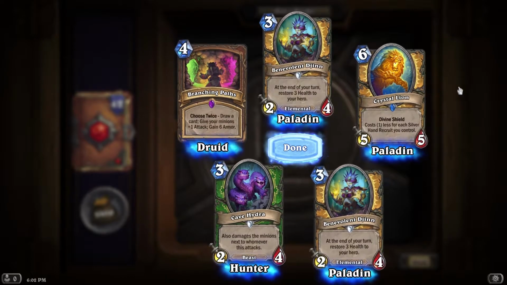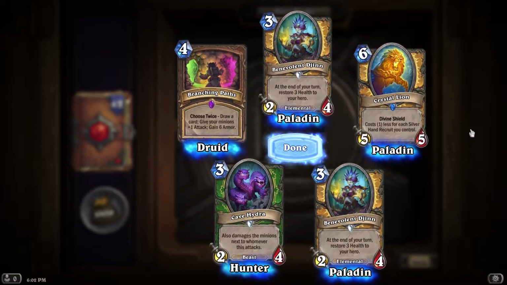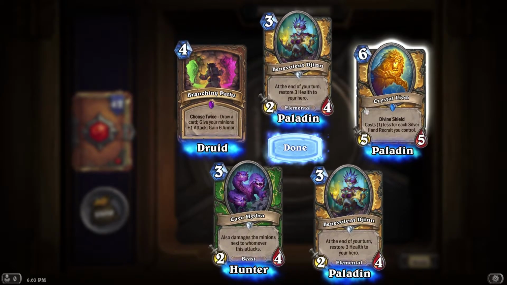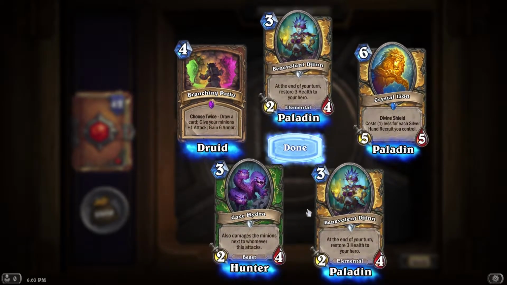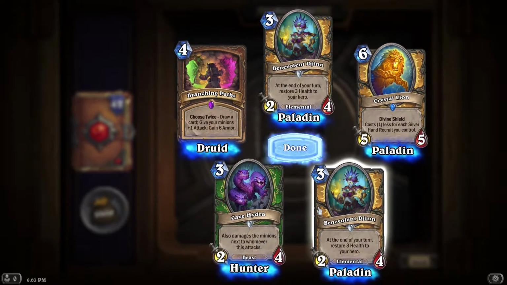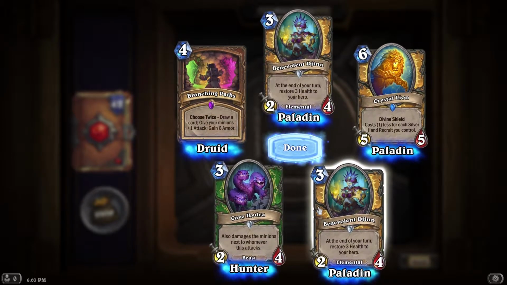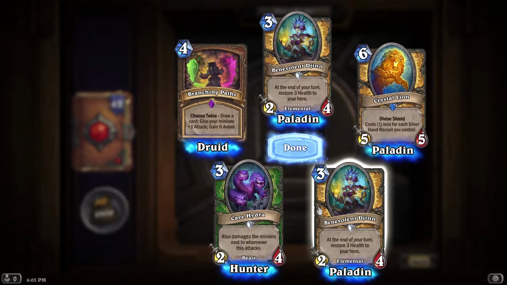This is kind of the main card I was referencing when I was talking about how there's a couple cards that will add Silverhand recruits, and they combo with this. We get a new Hydra, Cave Hydra. This is a 3 mana 2/4 Hunter card. He's a beast, and he also attacks the minions next to whomever he attacks, which is pretty cool, especially because